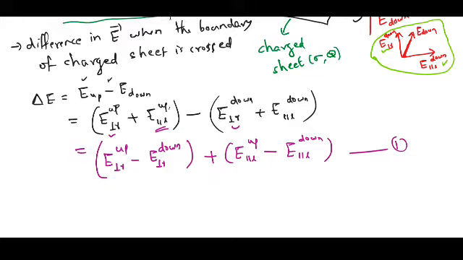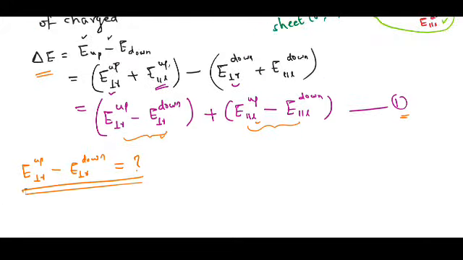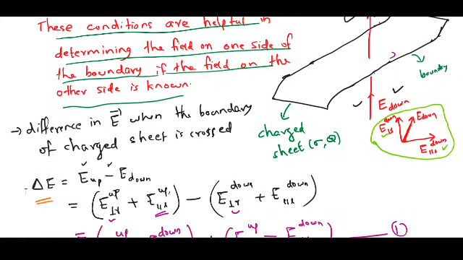That is, while calculating the difference in the electric field, we obtain these values. Now we have to calculate individually what is this value and what is this value. Then we have to substitute into this expression 1. For this, first we calculate the E perpendicular up minus E perpendicular down. That is our first task. That is, if you look at this picture,